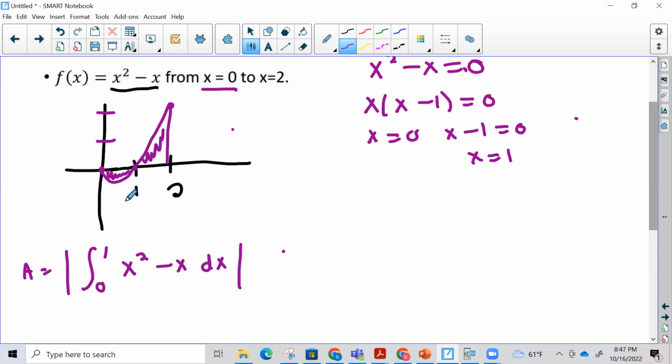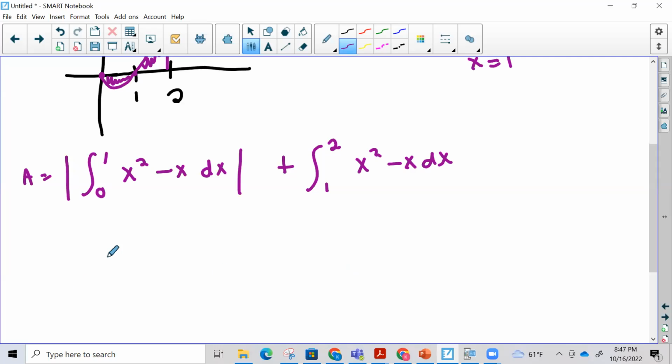And then we're going to take the integral of this second region, so from 1, at that x-intercept again, to where we're ending, which is 2, of the same curve. And that's going to give me this area up here. And then we will add those two together. These get long when we do them, so you might want to do them separately and then add them back. So if I just start with the integral from 0 to 1 of x squared minus x dx,